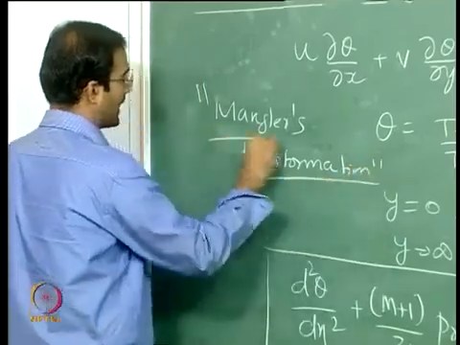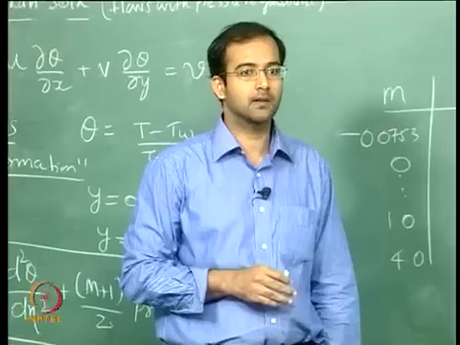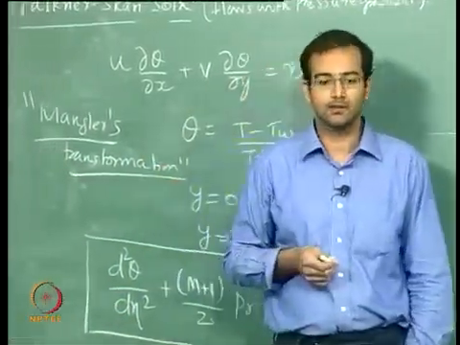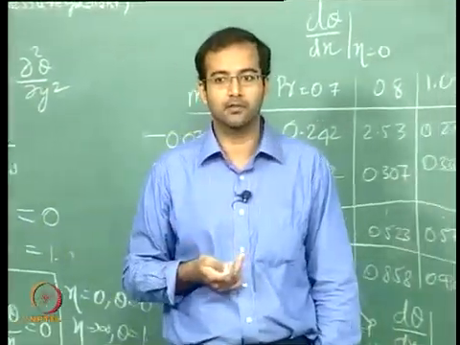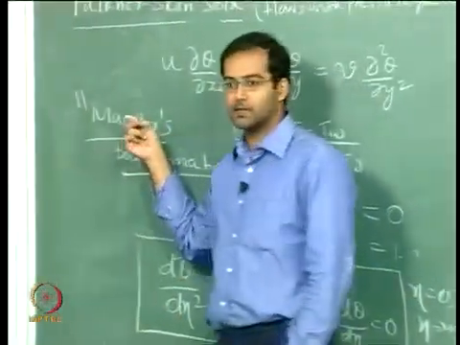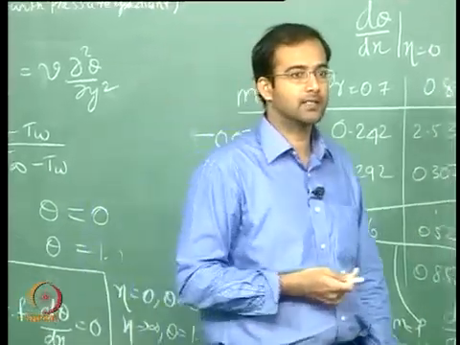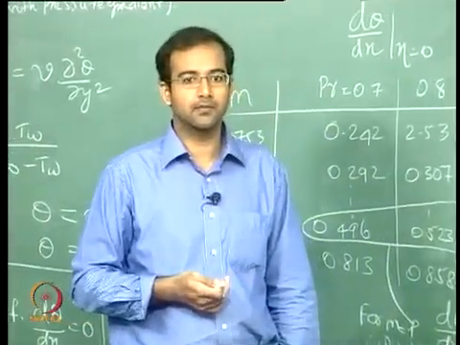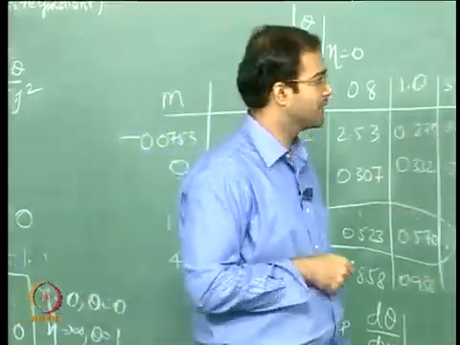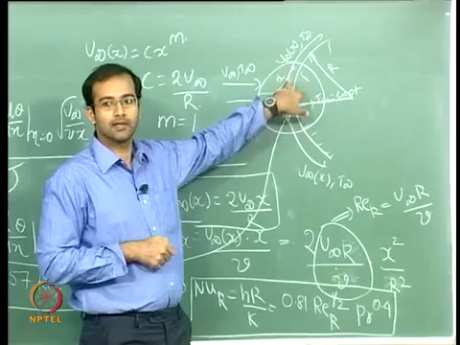If you go through the boundary layer theory by Schlichting, he talks about 3-dimensional boundary layers. One way of deriving the similarity solution for 3-dimensional wedge flows is to take the 2-dimensional wedge flow solution and apply a particular transformation called Mangler's transformation, and you will get the similarity solution for 3-dimensional wedge flows. For the case where m equals 1, that is the stagnation region flow for 3-dimensional wedge flows,